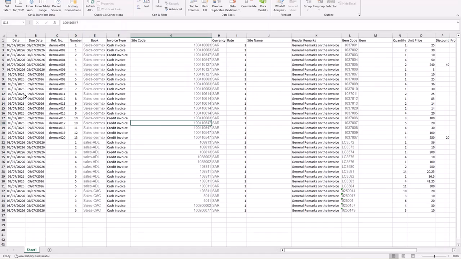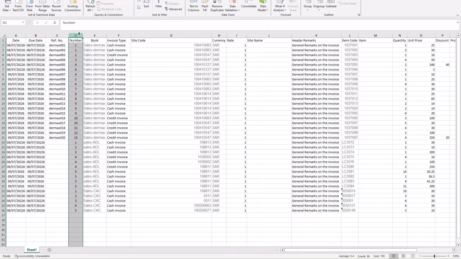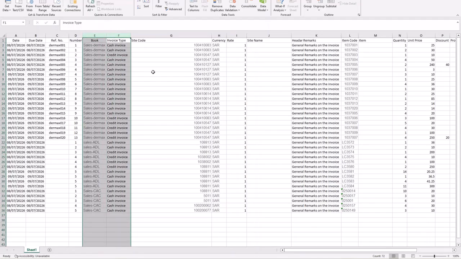The first is the invoice date, which represents the date of the sales invoice. The invoice number is extremely important. It allows the system to identify which rows or items belong to the same invoice by linking the invoice number with the book invoice. For both the book and invoice type columns, you can use either the code, recommended, or